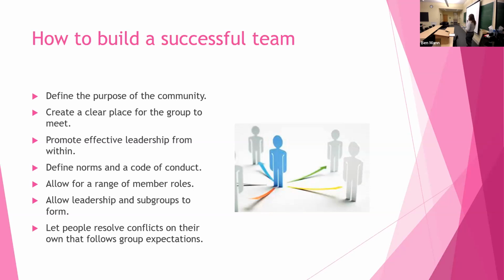Being an effective leader from within, again, showing your attention, your listening, and really applying that in your own way. Having norms and rules, for instance, a written code of conduct or agreement or contract that you have members of the group adhere to. A range of different roles, again, letting people specialize in the tasks that work for them. You might think back to Belbin's self-perception inventory and how those 9 different roles might be things that members of your group excel at.